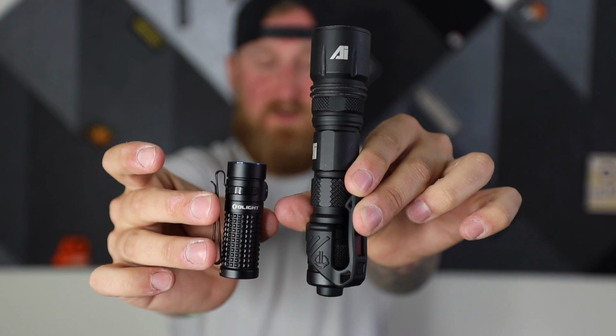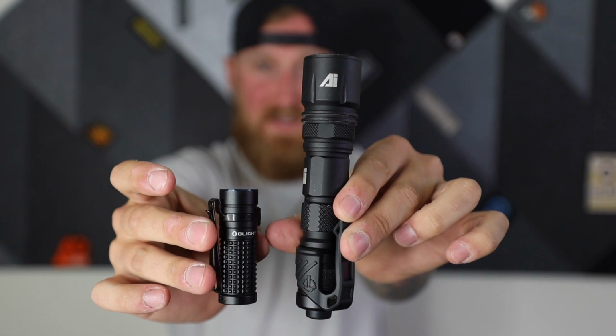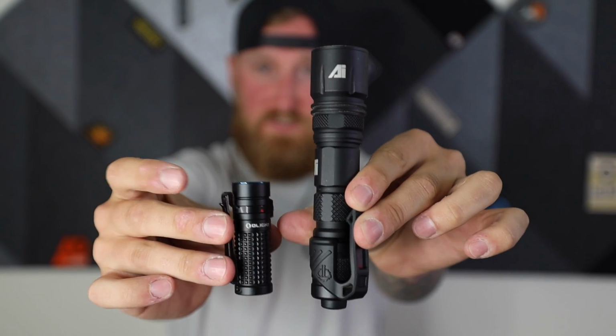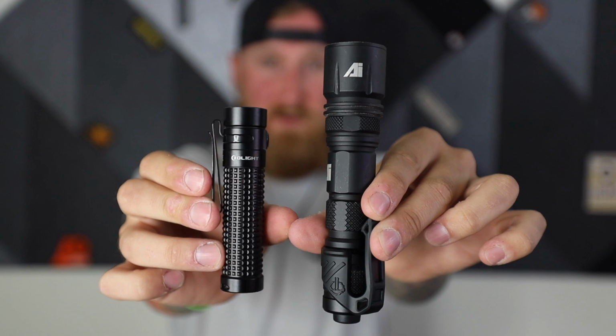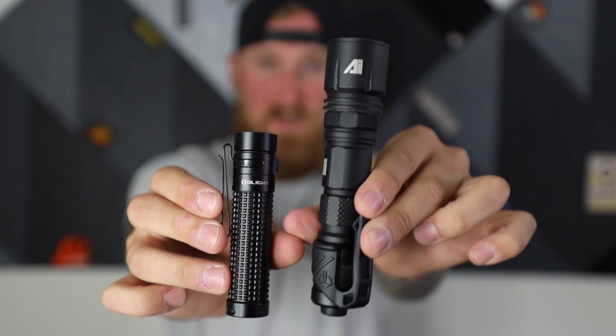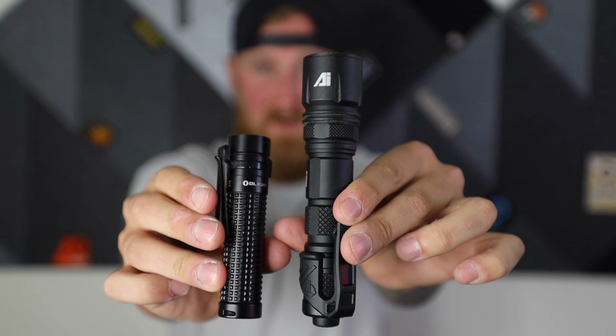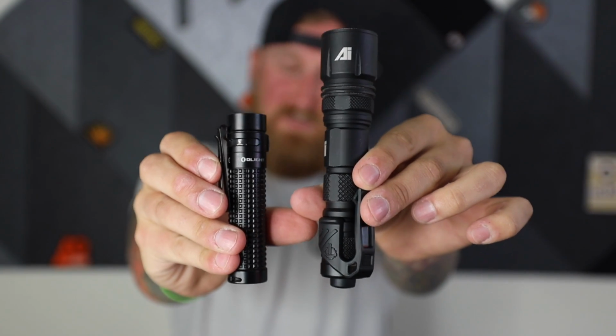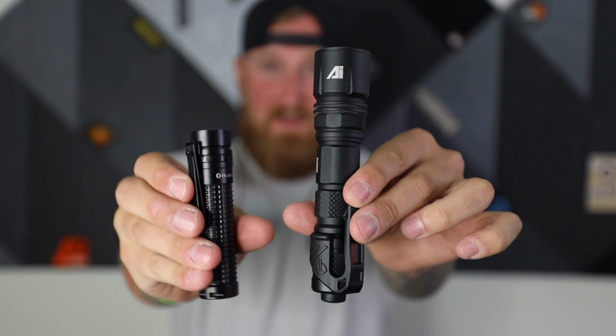Right here is the S1R Baton 2. This thing is tiny, has some good output, doesn't really have a hotspot though for seeing further distances. And then right here we have the larger counterpart, the S2R Baton 2. Getting a little bit bigger, a little bit more hand friendly. But again, if I want to see a little bit further at night, I'm not going to opt for a